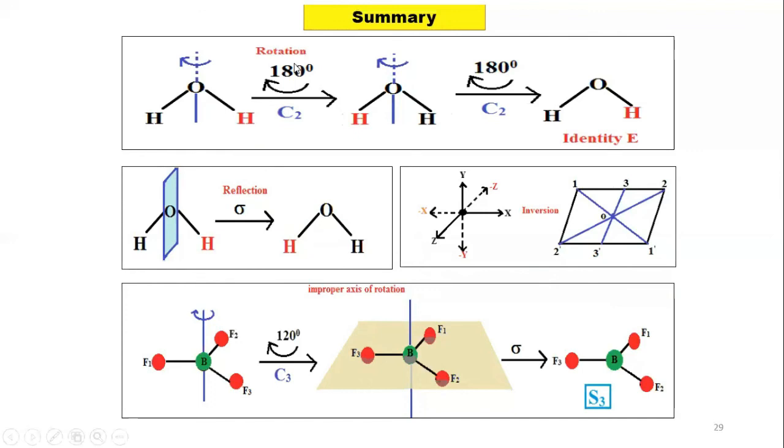This is the rotation to a certain angle, which gets an indistinguishable configuration, and again one more rotation of 180 degrees, we get an identical configuration, that is the 360-degree rotation, a full rotation. The next is a reflection, we get this reflection, and next is the identity, where flipping takes place, and next is the rotation followed by reflection, where we get the improper axis of rotation. So individual symmetry operations we will be discussing in brief in coming sessions.